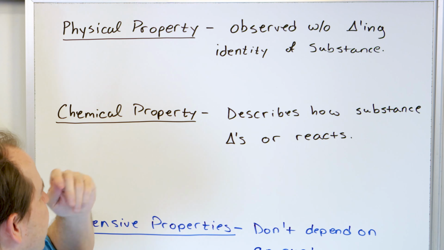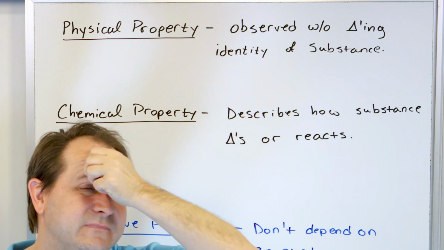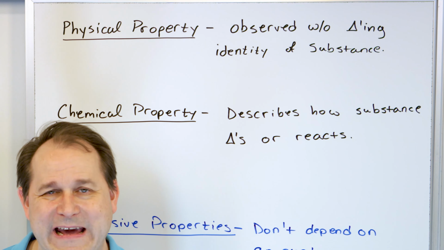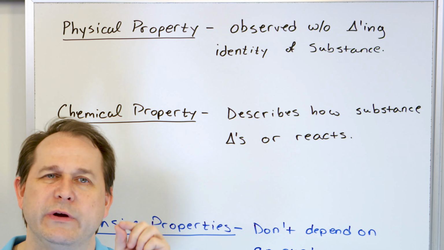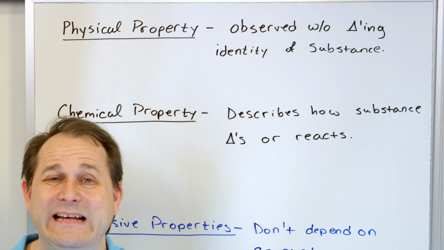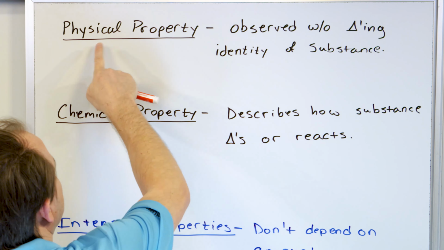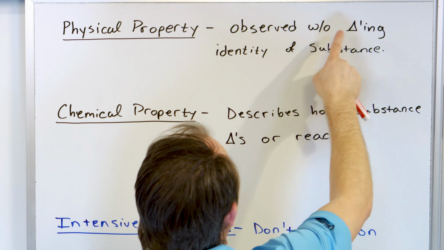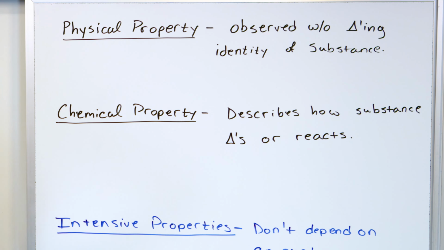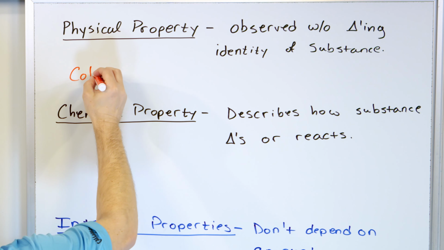Also, I have my own little shorthand. You know, this means "without," and anytime you see a triangle, the triangle represents change, and that comes from math in calculus and physics. We use the triangle to represent when any quantity is changing. So I kind of use it in my writing. So a physical property is any observation of a substance that you can do without changing the identity of a substance. So for instance, some examples, the color of a substance.